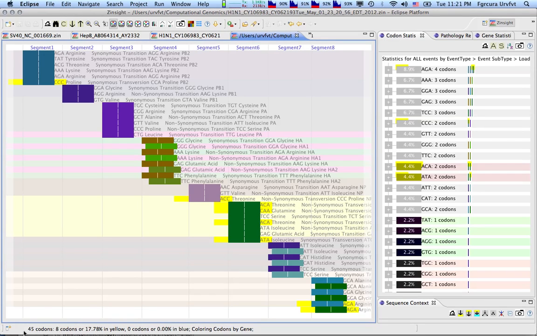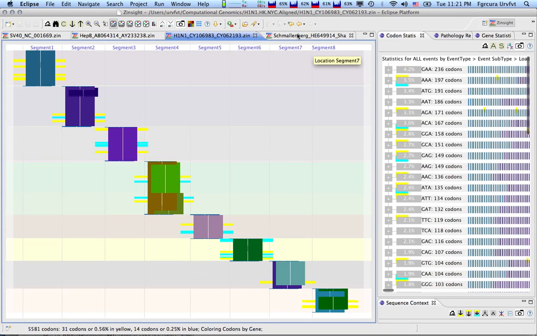But then I can look at the bottom, this line at the bottom, where I can see quantitatively there were 45 changes altogether, and 8 of those were transversions. So there's about a 1 to 5 ratio of transversions to transitions. So that's an example of